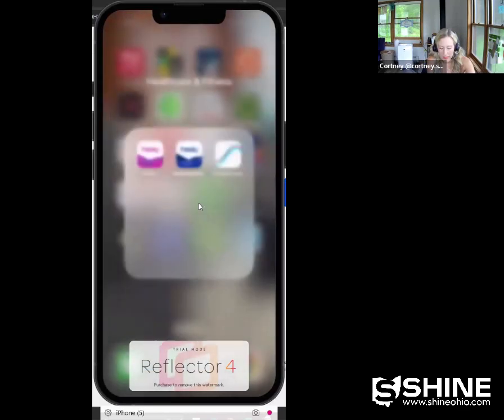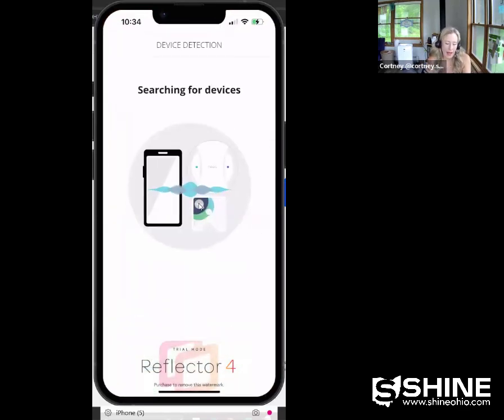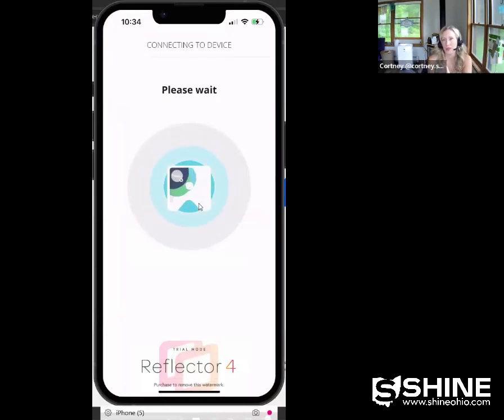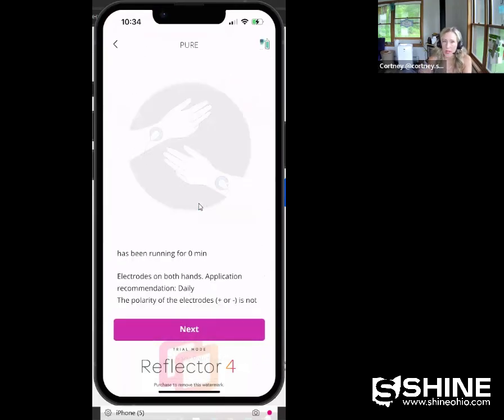Let me go back in and just select my pink app. Again, the pink app is going to need to reconnect to your device. Every time you're switching, this is good for you to see, because every time you're switching back between blue and pink, you have to reconnect into your device. So now I'm going back to my pink app. And I can run that program or any program